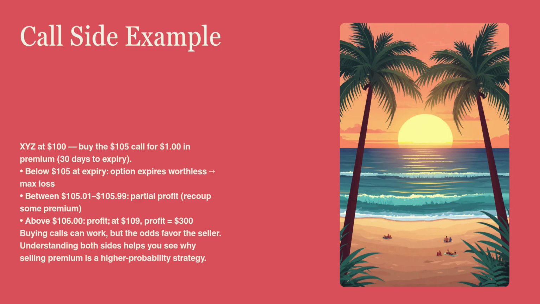You could stay below 105 at expiration. In that scenario, the option expires worthless and you lose all of that money. So that's max loss, $100. Or it could go between